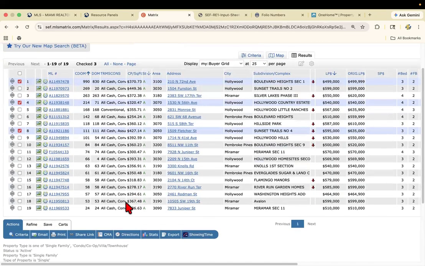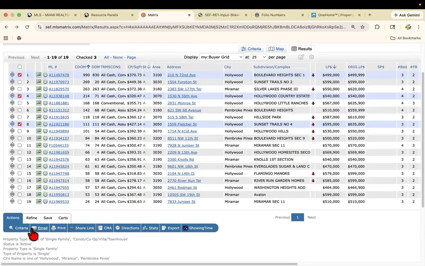All right. So the other thing I want to make sure you guys know about, we pretty much knocked out all of these options with the exception of email. I'm going to cover email in greater detail once we go into auto email in just a second. Okay. Next up is refine. We're going to go to refine. Okay. So if my buyer, as an example, tells me they're only interested in this unit, and this unit,